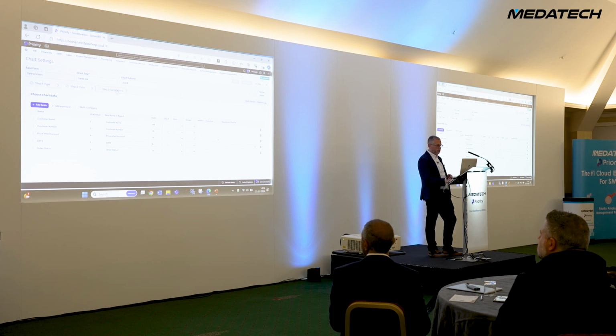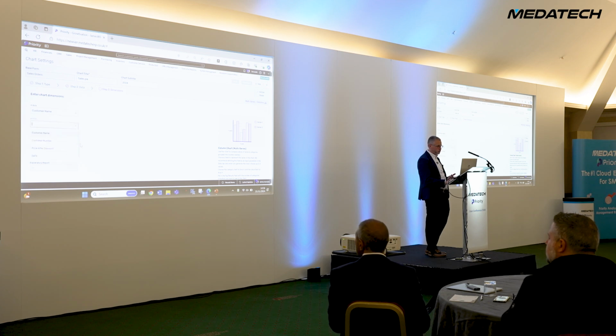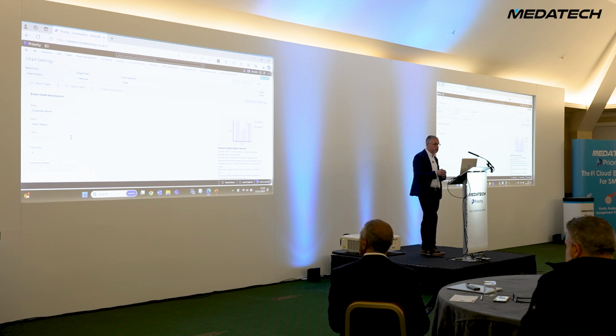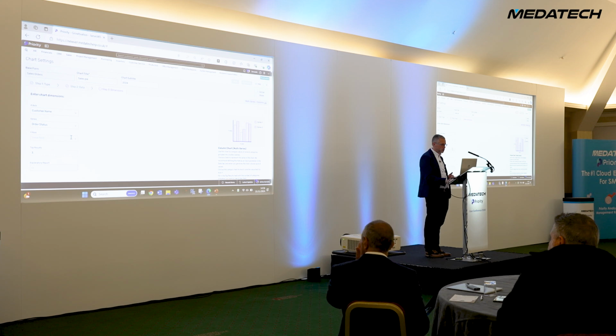And then we go to our dimensions. We've got an extra dimension because we're doing multi-axis reporting. So we're going to do it by customer name, and then we're going to do it by order status. So then we can show the order status against those customers, and then again our y-axis, price